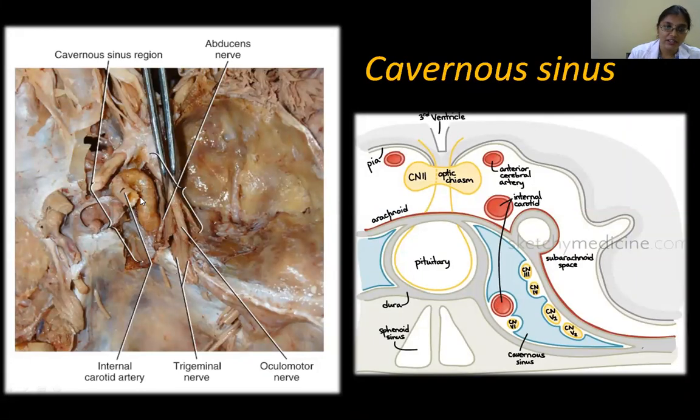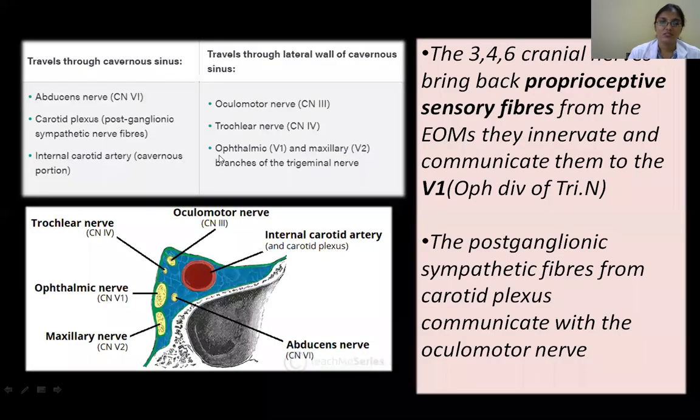Such a small area here. So if there is an infection, a cavernous sinus thrombosis, you can see quite a number of nerves can get involved. Usually it is not a single nerve palsy if there is some fracture of the base of your skull, or some aneurysm, or this thrombosis. Usually more than one, two, or maybe three may be involved because of the close proximity and the relations. So this you should study by yourself, how the cavernous sinus is there, these relations, because this class is completed.